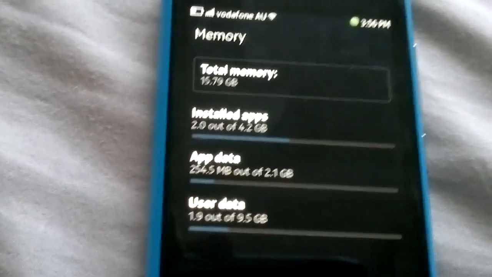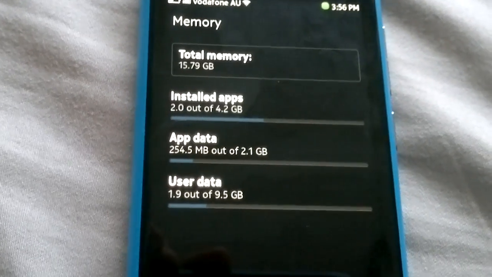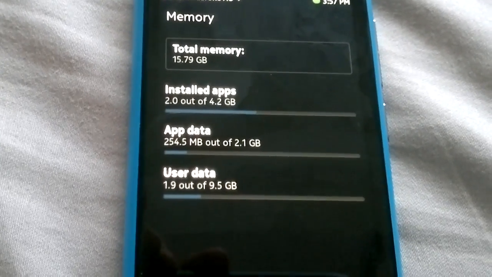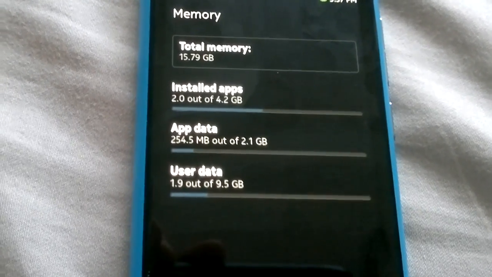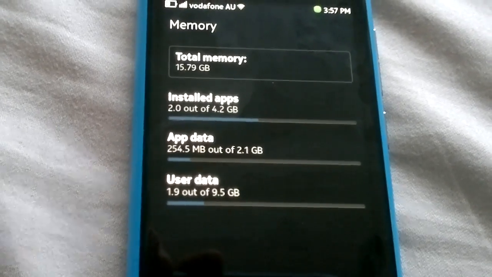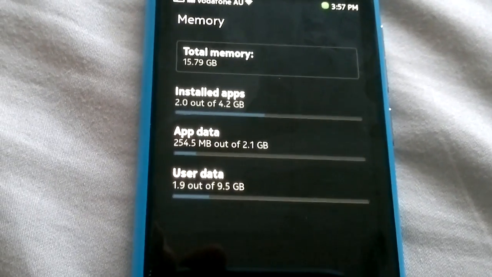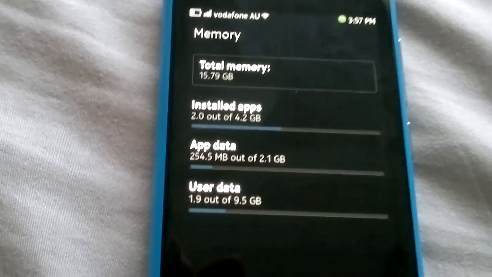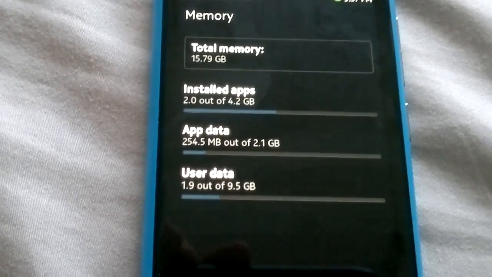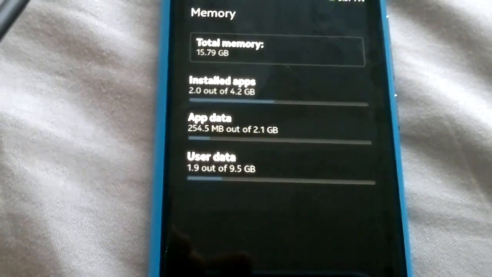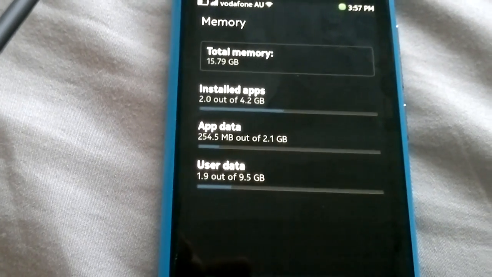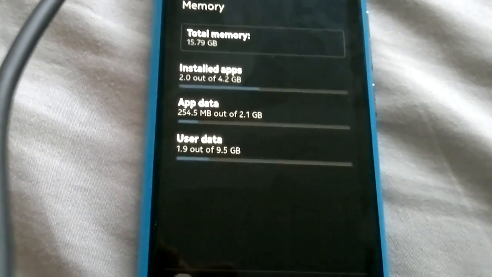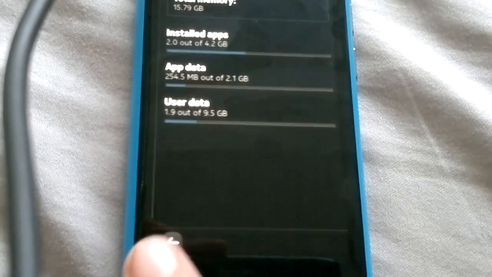Or what have you. But if it's the way I think it is and you're limited to having those guidelines for your usage, I do think a lot of people will get quite annoyed. I'm already a bit upset about that because I like to have probably a lot more apps than I would have media or anything else. So hopefully either Nokia releases a firmware update that gets rid of that, or I pray that I'm wrong and that you do have unlimited ability to install whatever apps you want and not restricted to only 4.2 gig